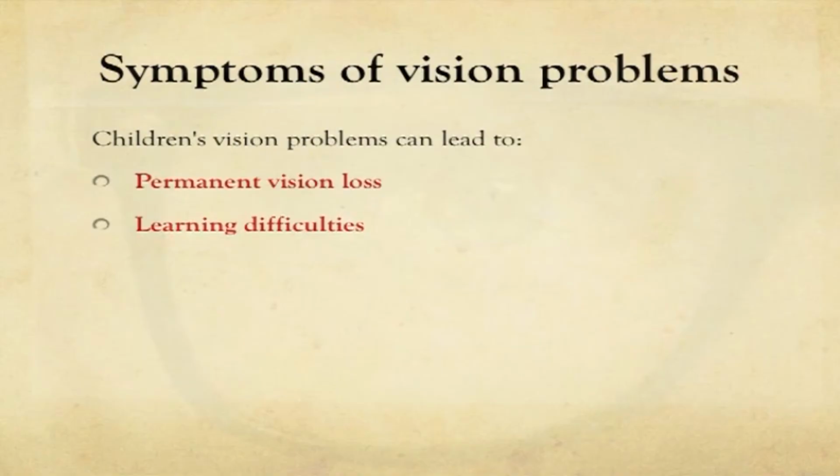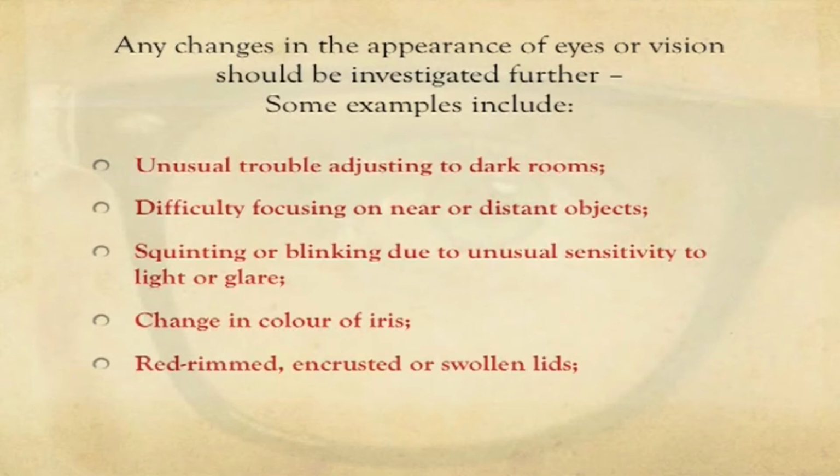Without early detection and treatment, children's vision problems can lead to permanent vision loss and learning difficulties. Any changes in the appearance of eyes or vision should be investigated further. Some examples include unusual trouble adjusting to dark rooms, difficulty focusing on near or distant objects, squinting or blinking due